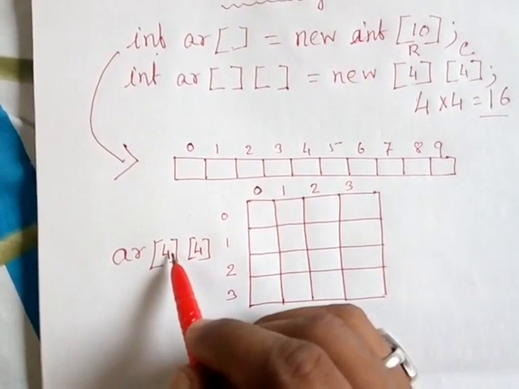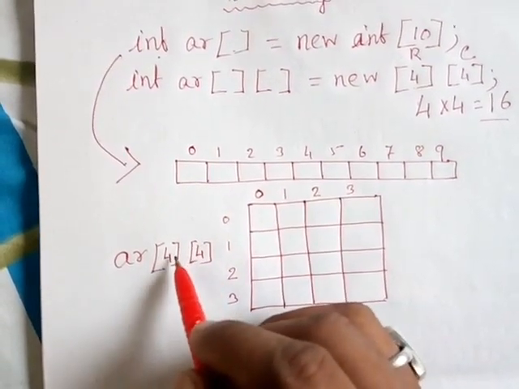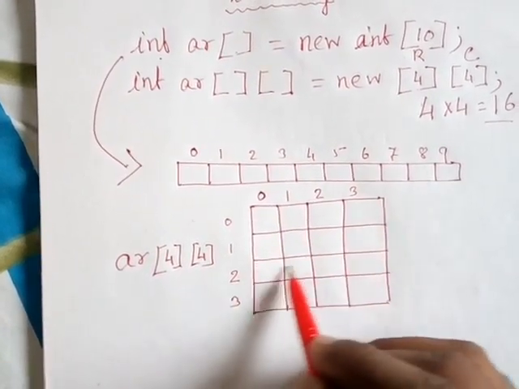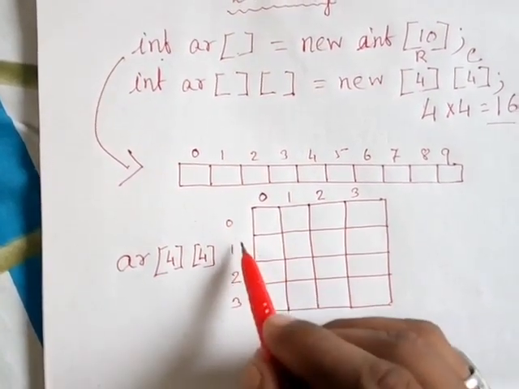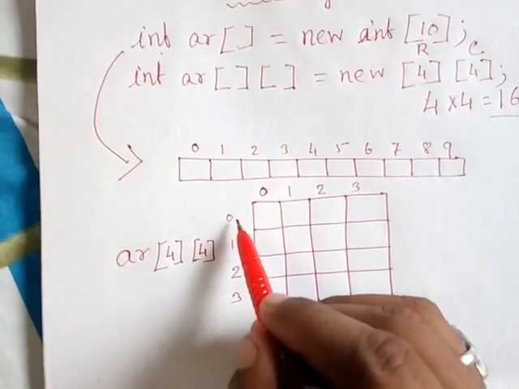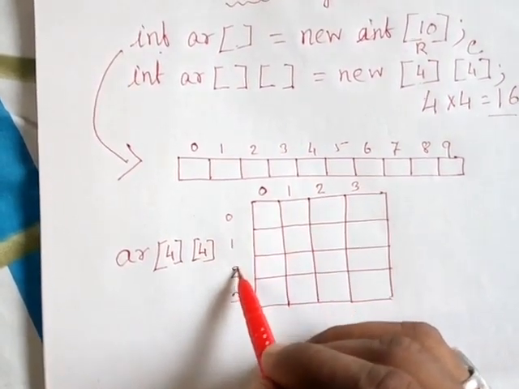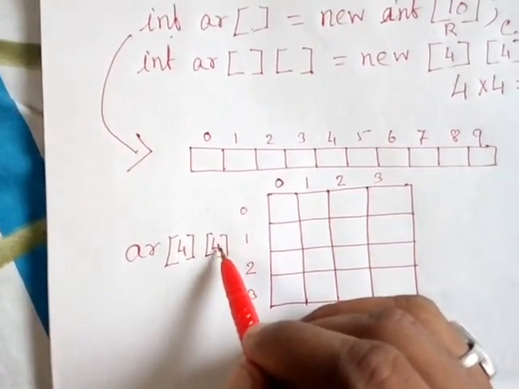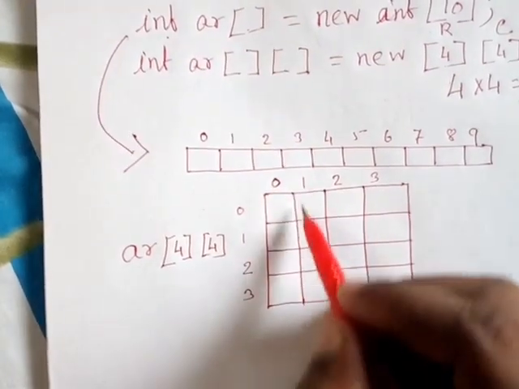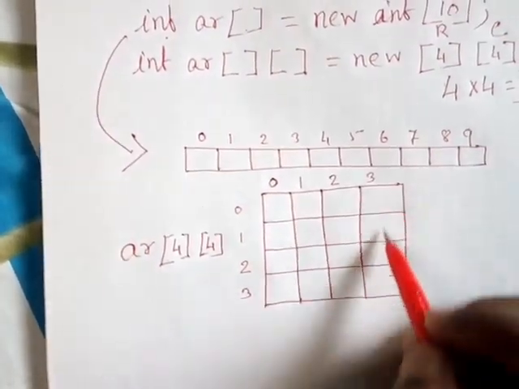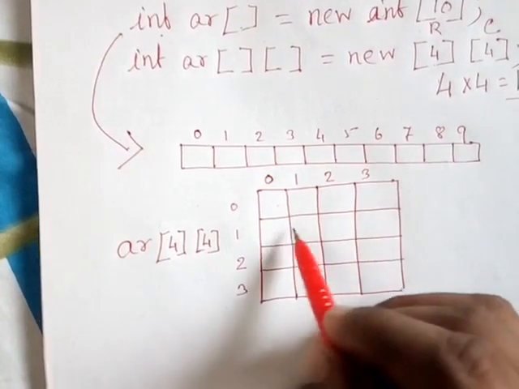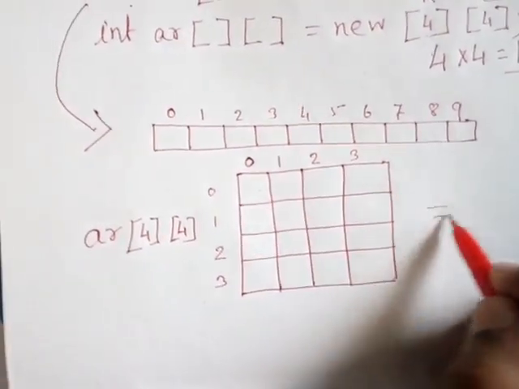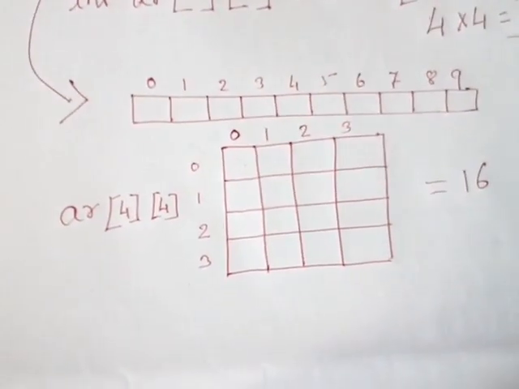So that means first we have to declare the row. So 4 rows and 4 columns. First row, second row, third row, fourth row. The row numbers are declared by using index numbers like 0, 1, 2, 3. And the second subscript 4 is used for the column number: 0 number column, 1 number column, 2 number column, 3 number column. Total 1, 2, 3, 4 and 1, 2, 3, 4. So total how many values can we enter? Total 16 values I can enter anywhere.